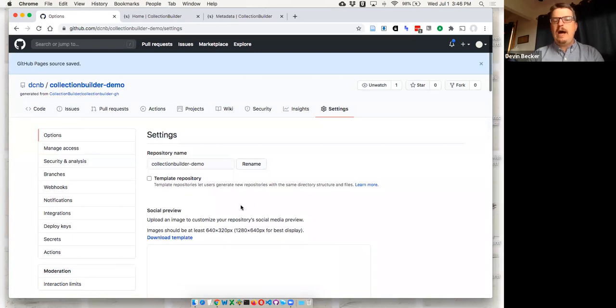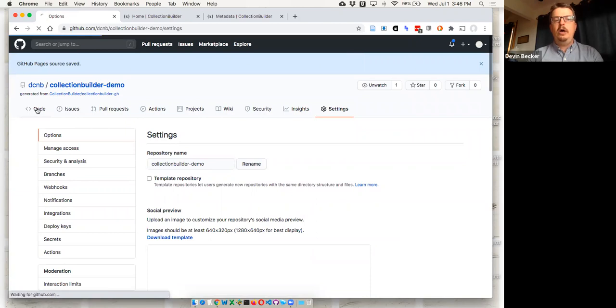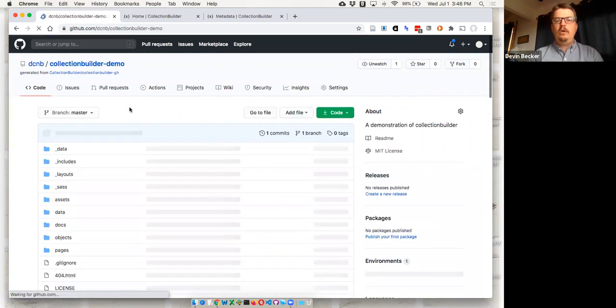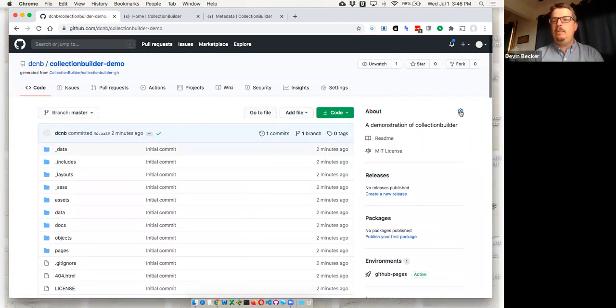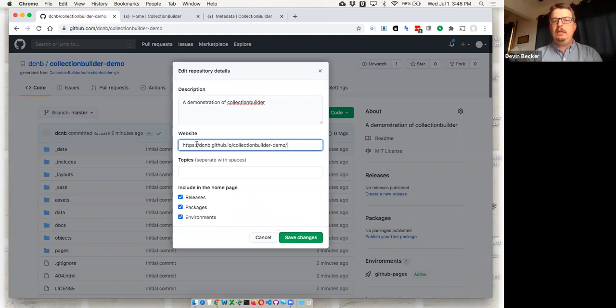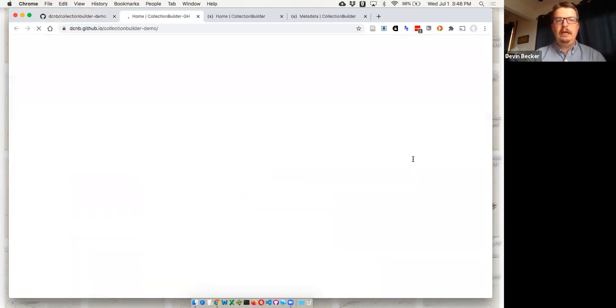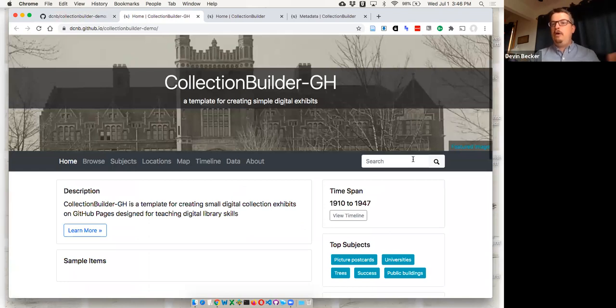And so we've copied that link at the bottom, and then we're going to click back on code, and we are going to add it here to this about section by clicking on the gear part, pasting in the website here, and saving changes. So then this will give us a sense of the site here, and you can click it, and it's already being built. This is what the